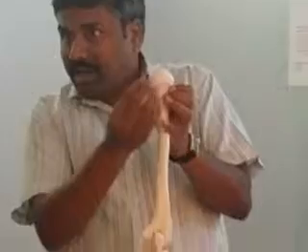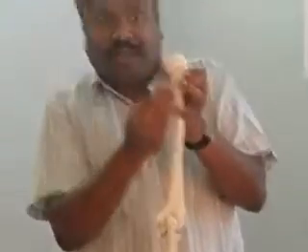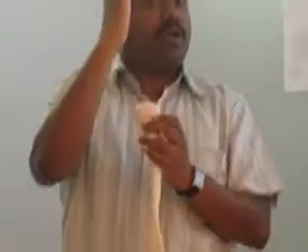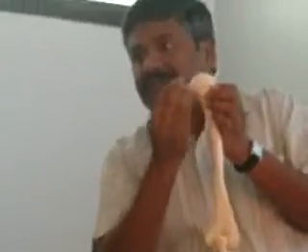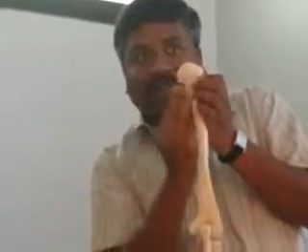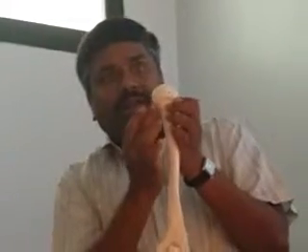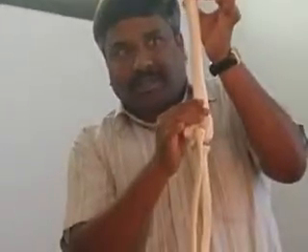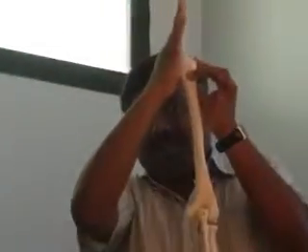It is lax. Inferiorly the joint capsule is lax. That's why the dislocations from the scapula usually go for inferior dislocation. Inferior dislocations of the shoulder joint are very common. So why? Because inferiorly the capsule is lax. Instead of the anatomical neck, it is attached to the surgical neck. So it is very loose there on the inferior side. That's why there are chances of the head of the humerus getting down from the glenoid cavity of the scapula, right?